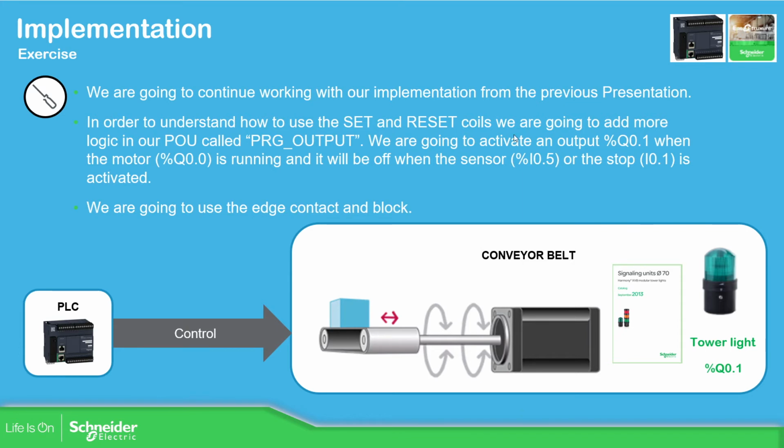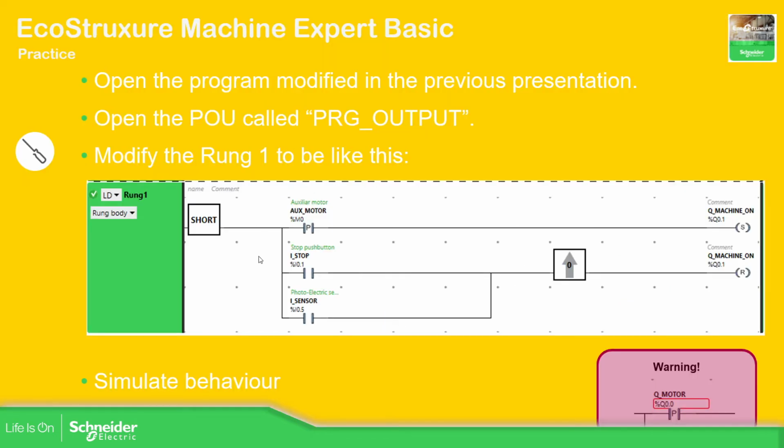So in order to check the behavior, let's start working with the previous project that we were working with. We're going to work on this run and the output that we have selected in order to see that the machine is working. We're going to use the positive rising edge contact and the rising edge block in order to activate or deactivate this function. As you can see here at the bottom, the software doesn't allow you to use %Q0.0 for the positive or negative. So if we go to the software,